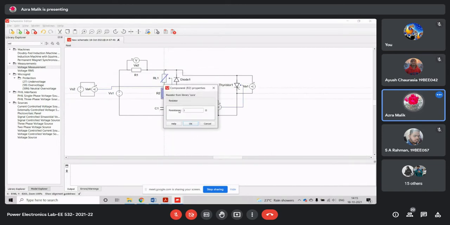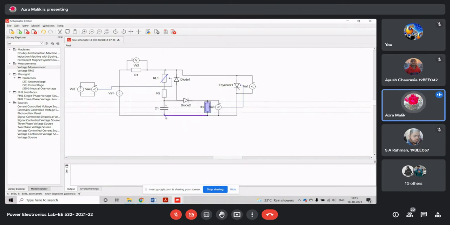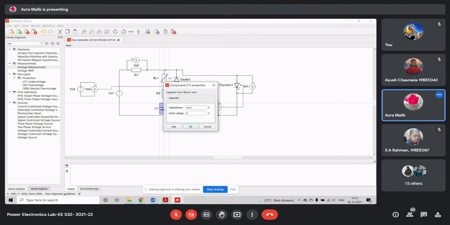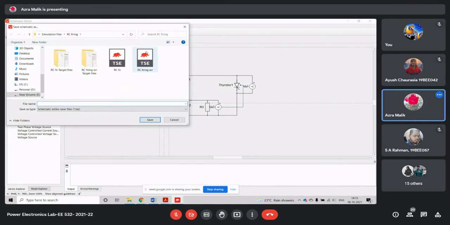Only the value of R2 should be changed to 20 ohms, and this R3 should also be 1 ohm, and this capacitance should be 10 microfarad. Now I can compile this model, so I can save it.